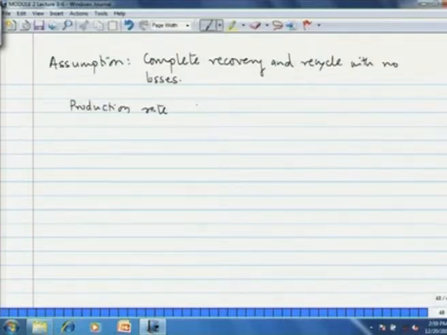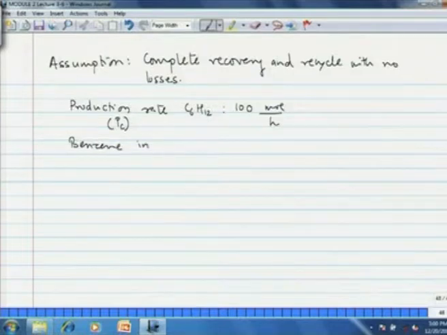Now, the desired production rate of cyclohexane we take as 100 mole per hour. We say that this is a continuous process. So, the typical working hours are 8000 hours per year, and the production rate of cyclohexane that we denote by the letters Pc is 100 mole per hour. Here there is no side reaction, so selectivity is 1. Therefore, the benzene in fresh feed is also 100 mole per hour. We have already shown a recycle and purge stream.